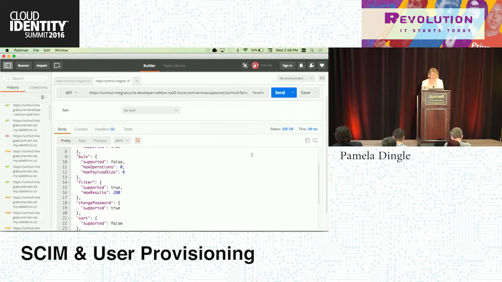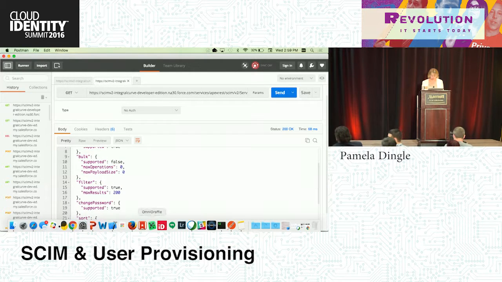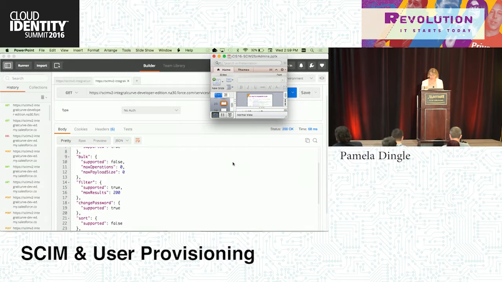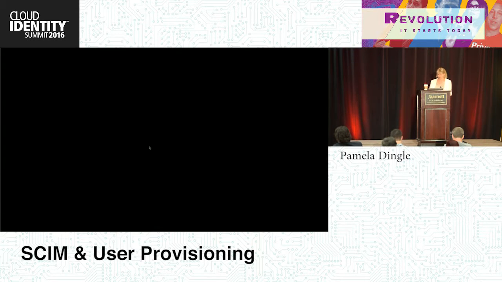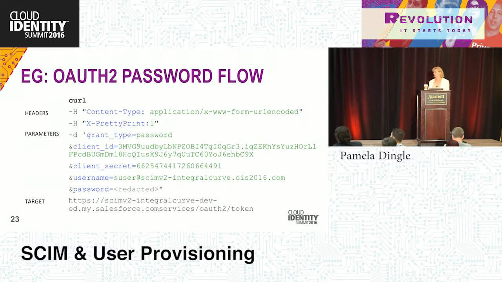All right, so let's bring back Postman. There we go. Let me try this one more time and see if it's going to flip out again. I hope not. This is what I'm going to post, except it's not going to be colorized or all pretty. But literally, you're going to be able to copy-paste it as long as you have this application called curl. If you're on a Mac, you're going to have it right away. If you're on Windows, you're going to need to do a little bit of work.